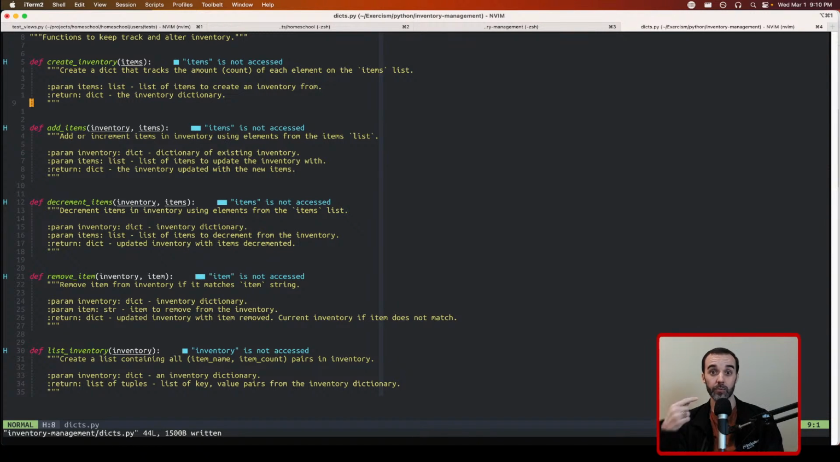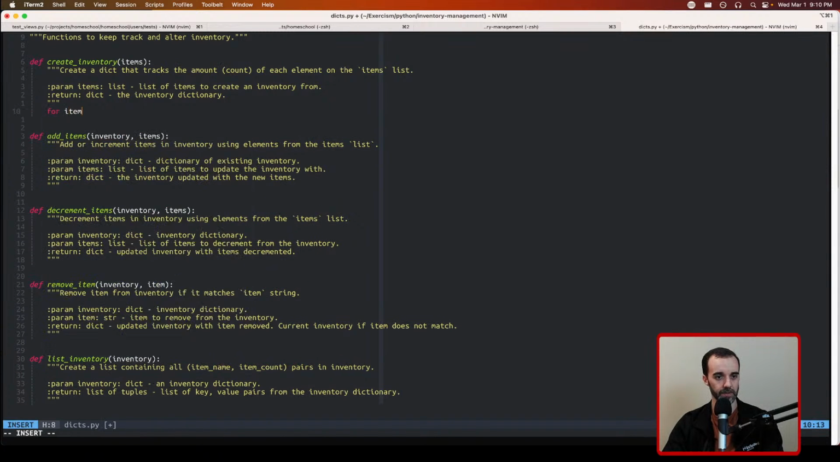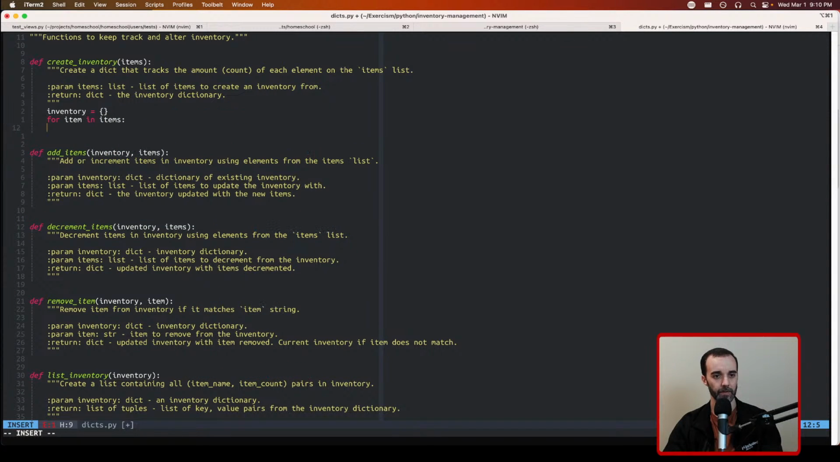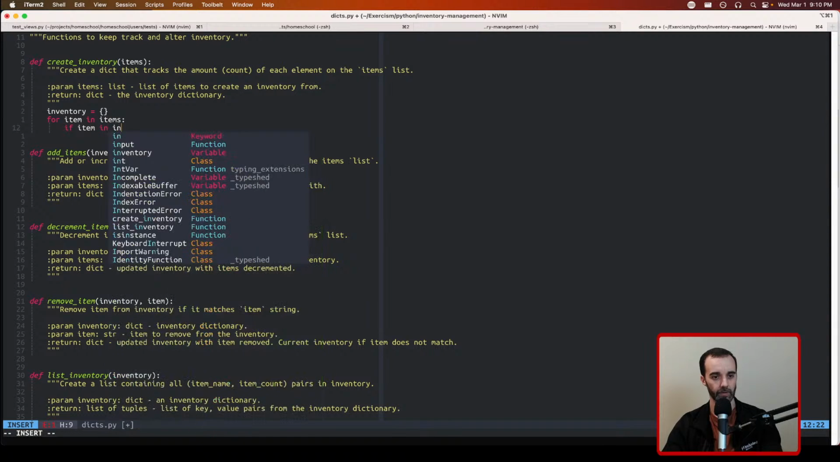So we need to go through each of the items and add them to a dictionary is the short way to think about this. So let's do that. We want to loop over the items. And let's create a dictionary called inventory and have it be an empty dictionary. And then as we go through each item, we can do this first. So if item is then in the inventory,